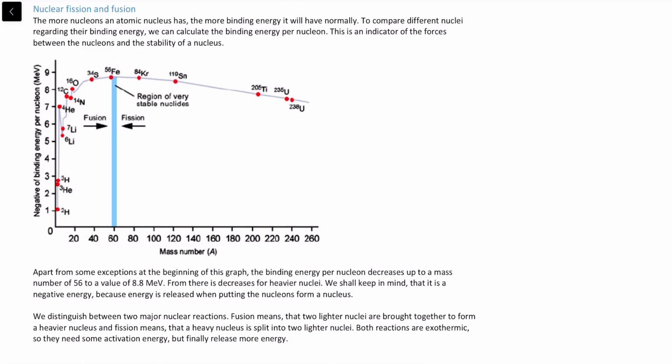So we have learned already that nuclear fission means that a heavy nucleus is split up into two lighter nuclei. So we just take an example, and it could be something else. But when I'm looking at this graphics here, I see the uranium-235, which is certainly a good example. So what we do to